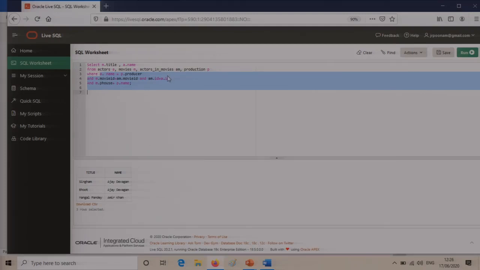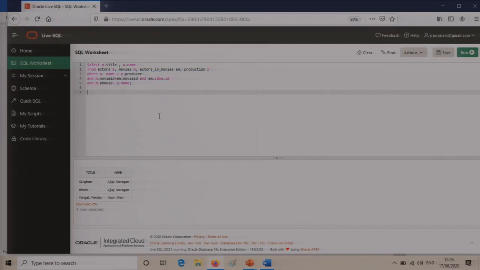The next clause: there are two conditions that I have to check to build the relationship between the movie table and actor table. One of the conditions, the last line, is that the P house is equal to P dot name, production house name is equal to the production house name that is there in the movie table. I simply have to do this and build the relationship.